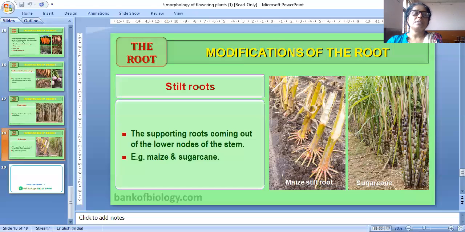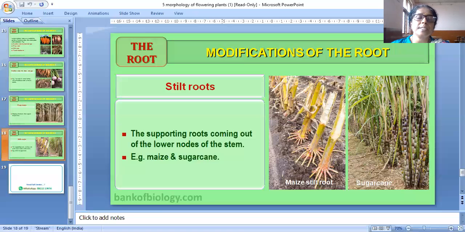This is a flower, the full flower diagram now given. The flower is the reproductive unit in the angiosperms, meant for sexual reproduction. A typical flower has four different kinds of whorls arranged successively on the swollen end of the stalk or pedicel. This swollen portion is called thalamus or receptacle.